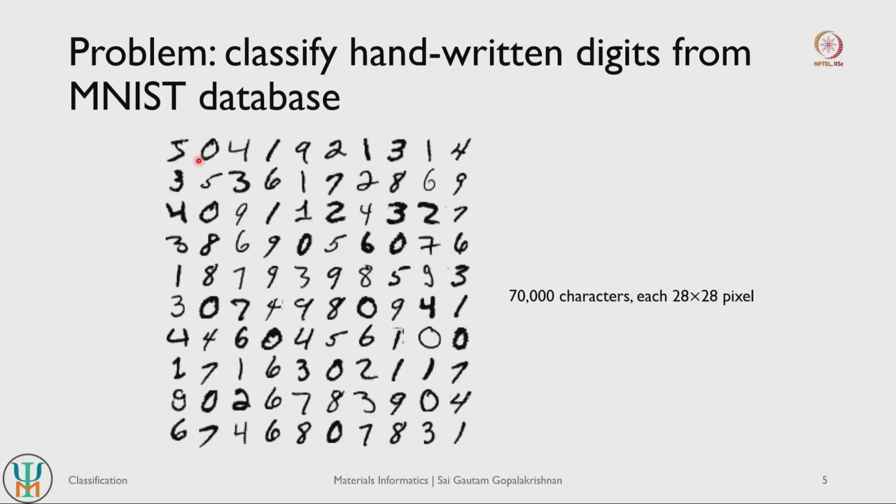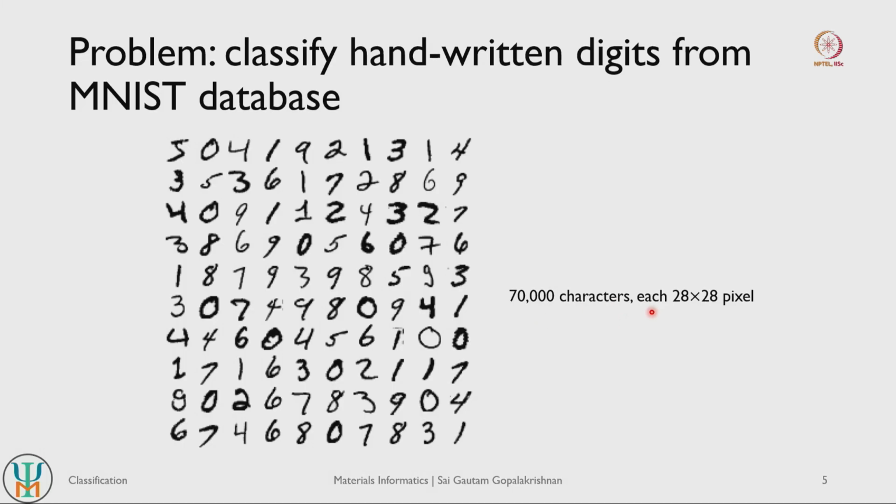So MNIST has collected such kind of human written digits which have been properly labeled. So for example, the first digit here is a 5 and it has been properly labeled as a 5 in the dataset. Second digit is 0, third digit is 4 and so on. So MNIST is basically a collection of well labeled data, often using CAPTCHA based collections. And we will take the simpler case of one of the simplest databases, which has about 70,000 characters. So 70,000 numbers, all handwritten and all well labeled. So we can actually train a machine learning model to make predictions on these human annotations basically.